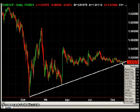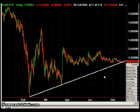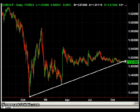So this line should be about here, and this is also a very important thing to understand when you're drawing lines, is that if you're using a price point, and in this case this is about 6 months back, the exact location of where you put this line is going to affect the end point of the line tremendously. So moving this line just up a little tiny bit here, like I was messing around with the line yesterday, this line still looks like it's solid here in terms of using the price points,